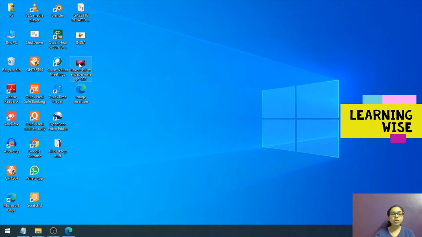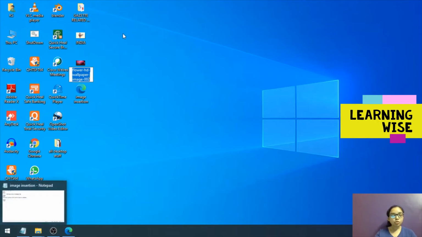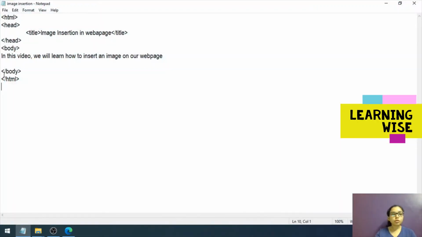so click on this file once, okay, and press F2. With F2 you will enter the writing mode. Press Ctrl C to copy. Now the entire name of the image has been copied. Come to your notepad file. Here mention the tag. As I told you in the beginning, it is the img tag which is responsible for insertion of images over web page.